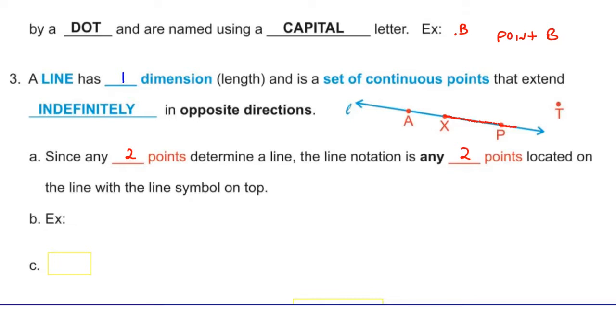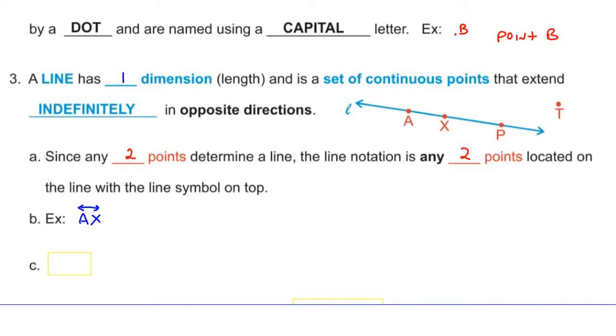Okay, so if we go back to the line that I have here illustrated, how can we name this line? Now we can name it a number of different ways. I need 2 points on the line. So I hope you agree point A and point X are on the line. And notice I use capital A, capital X. Now, we're not done yet. If we want to say a line, we also have to use the line symbol. And that is the line over top with the arrows both ways. You got to have the arrows.